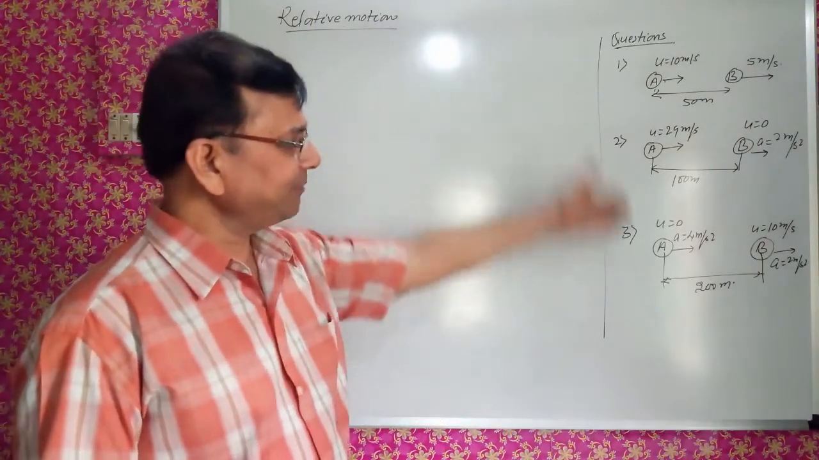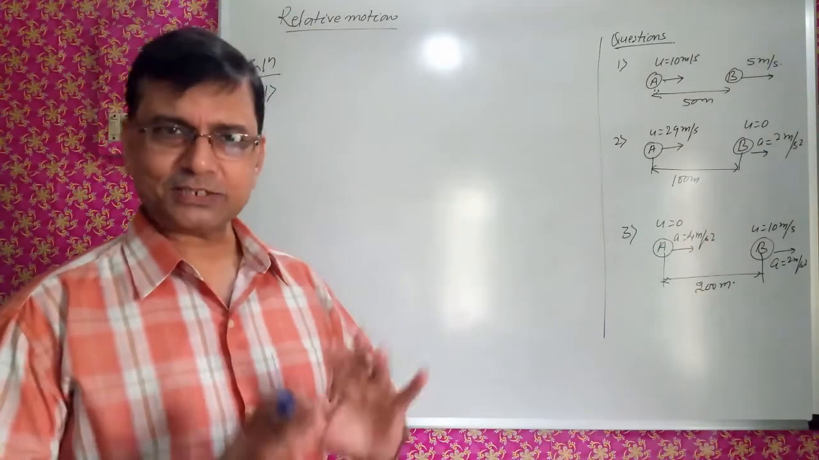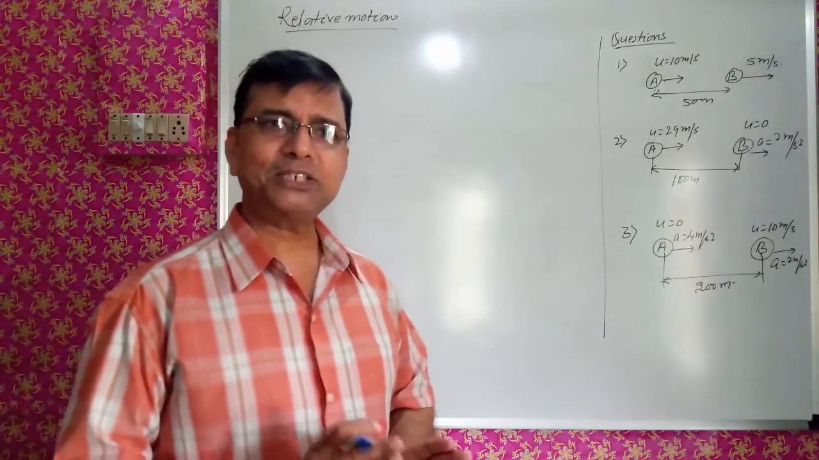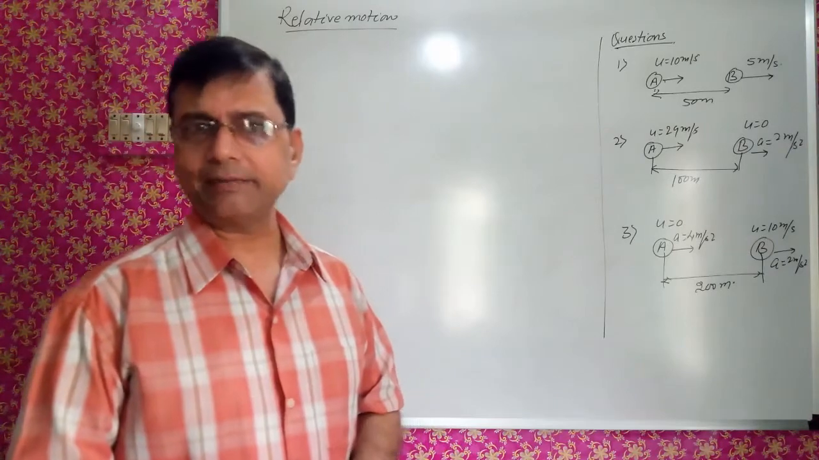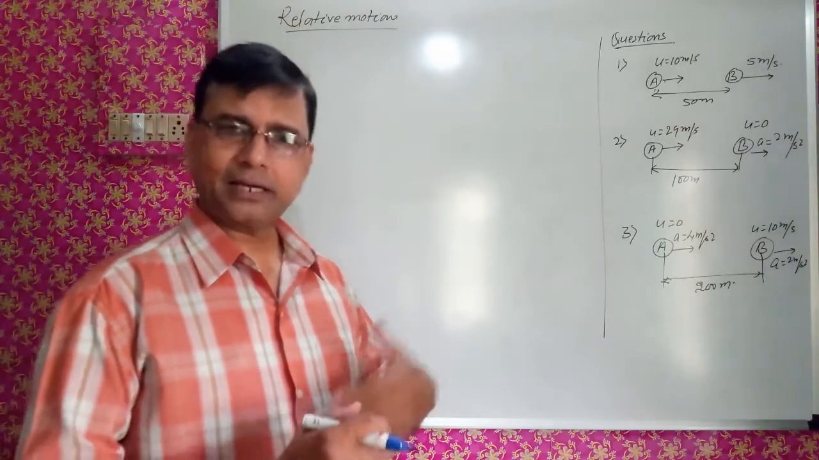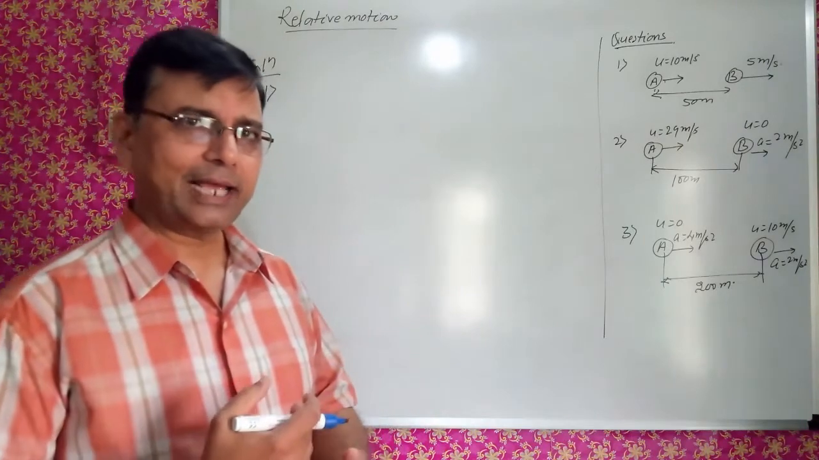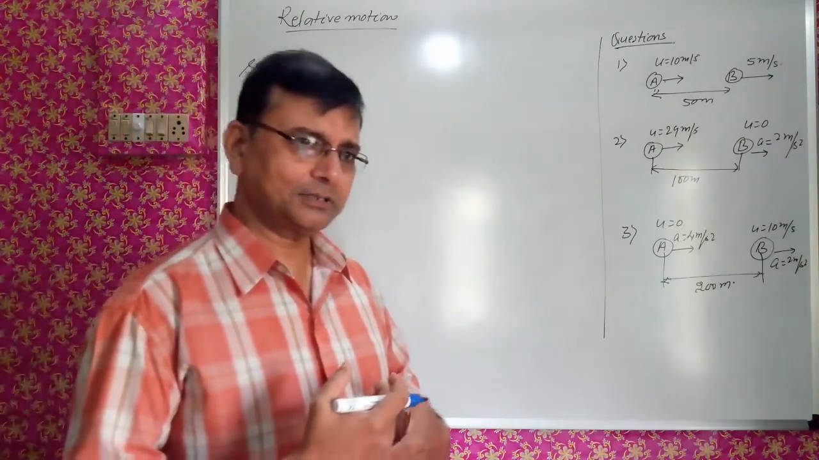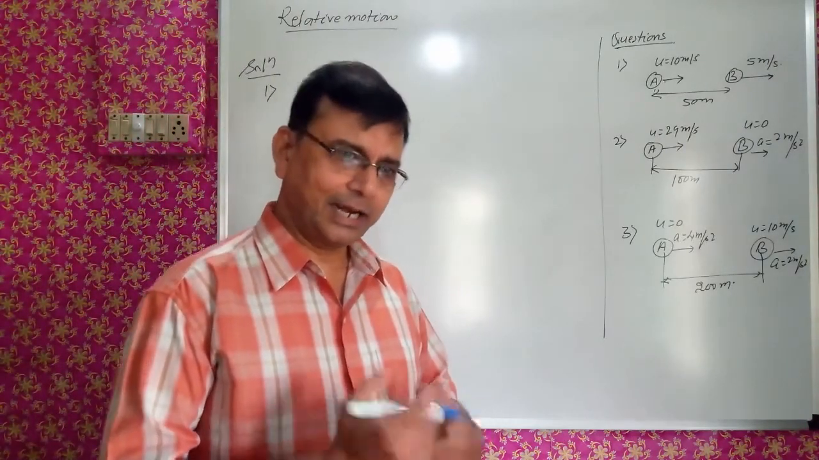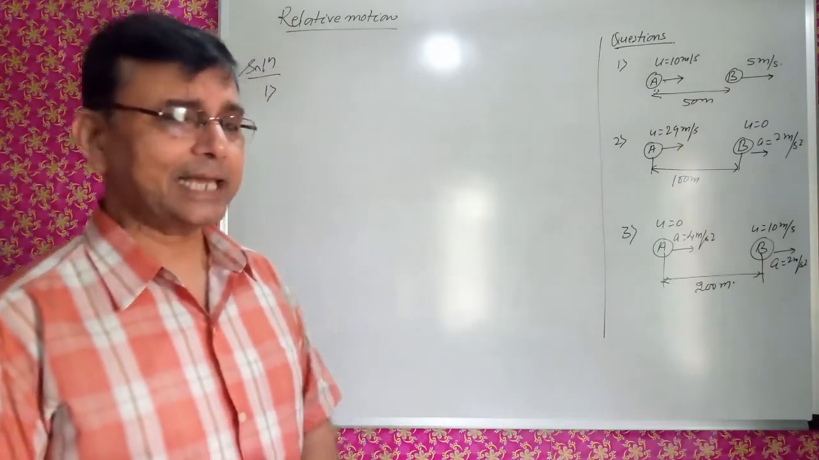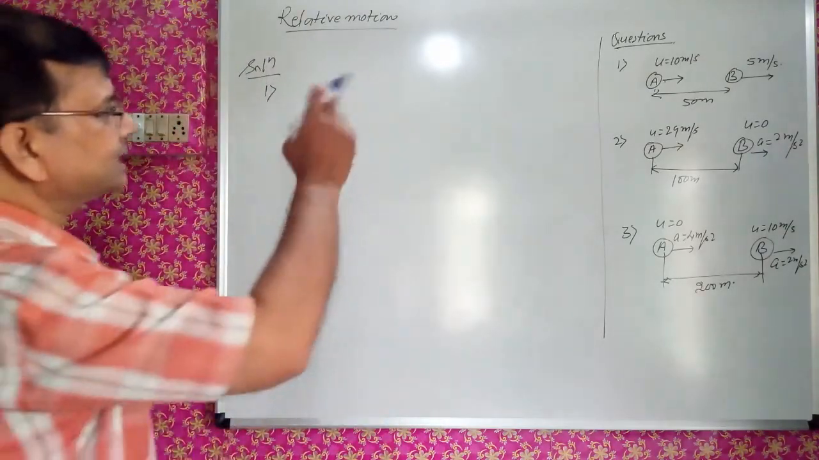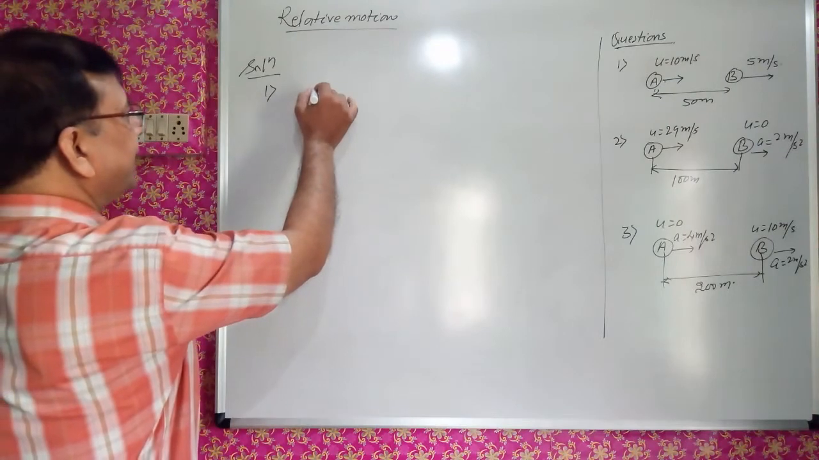So, three problems I have written. One by one I will take up. I will explain how it can be solved by the method of relative velocity and by the conventional method as well. So, you can compare these two methods and you will realize the method of solving the problem with relative velocity is a bit easier. So, the first question is, there is a car A,